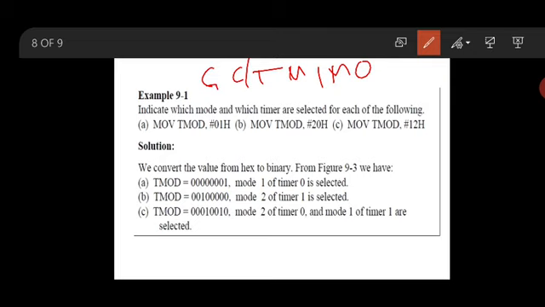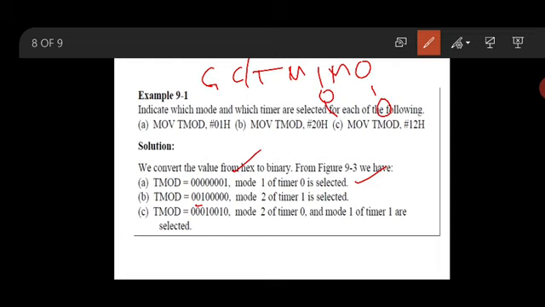Now, mode 1. The same will be repeated for the next one also. Which timer here? 01, that is 0 0 0 1. Mode 1, timer 0 is operated in which mode? Mode 1. Similarly, if I go here, you need not worry about all the bits. What are the bits here? 1 0 1 0. The upper 1 0 indicates timer 1.